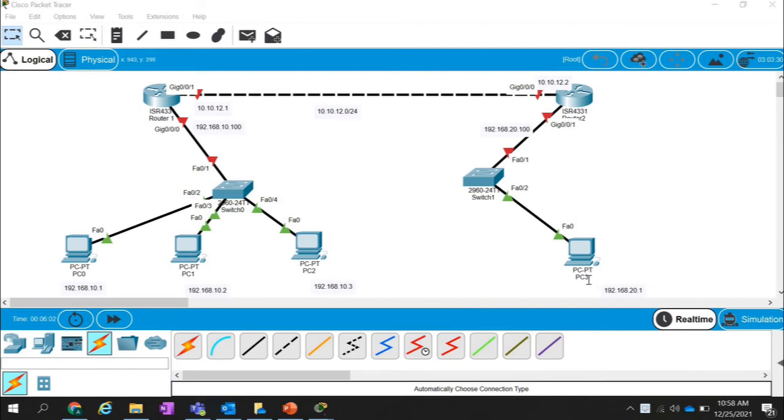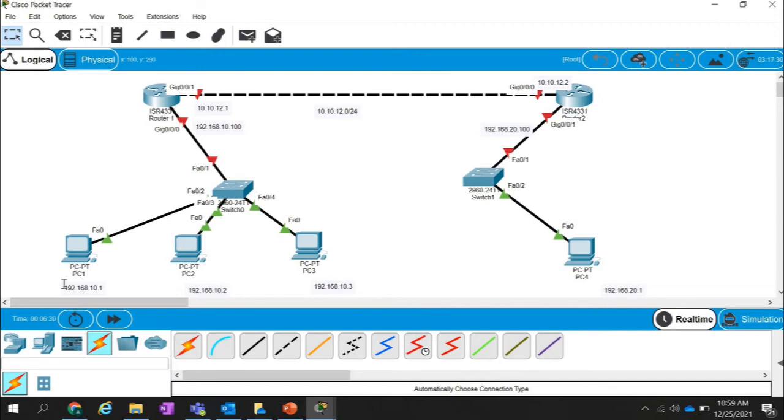Let me change it to PC4, PC3, PC2, and PC1. I thought to save your time in the video, but it's still increasing. I have not done any configuration in the routers, just the diagram and labels.